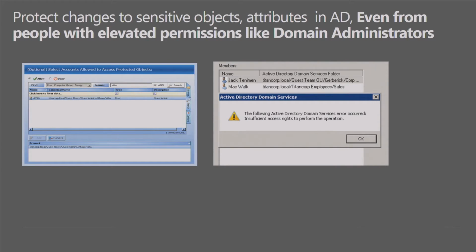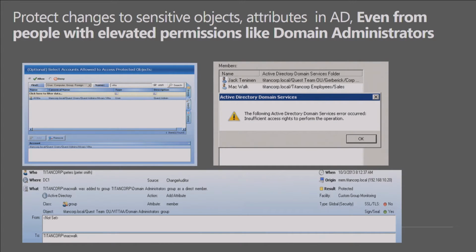You can have all the rights you want. I don't care. You're not going to be able to modify these security groups. And in real time, somebody will get notified right away and say, hey, listen, Jamin, who's a domain admin, tried to access that particular payroll security group, even though he shouldn't be able to do that, right?